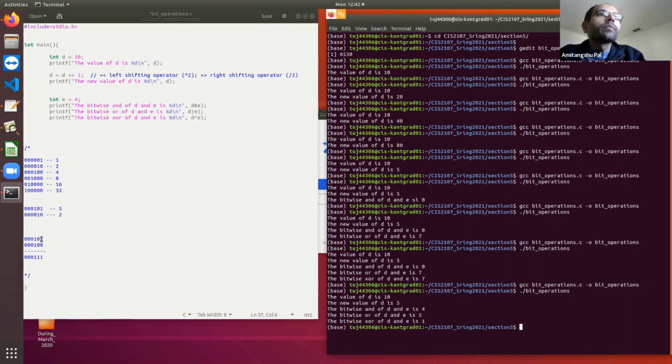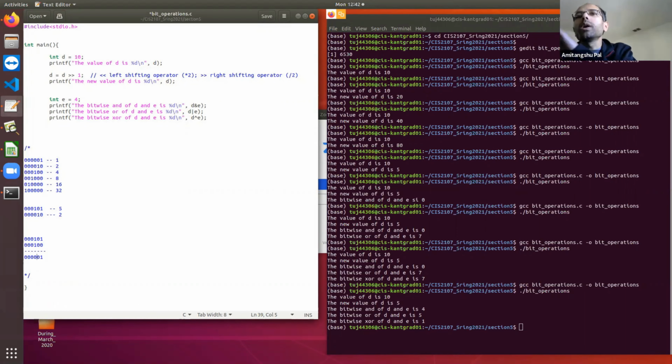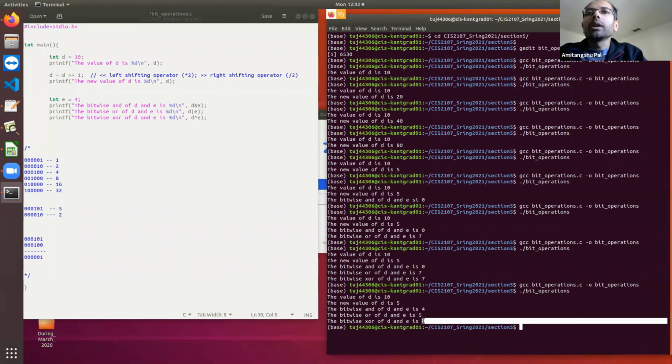OR is going to be 1 0 1. So 1 0 1 is 5, and XOR is going to be 1 0 1 XOR 1 is also 0. XOR is going to be 1 if either one of the two propositions is true. If both are true or both are false, then it is going to be false. So that means it is going to be 1.